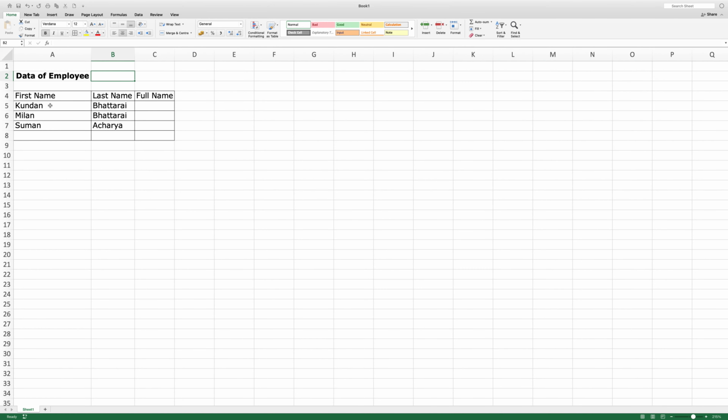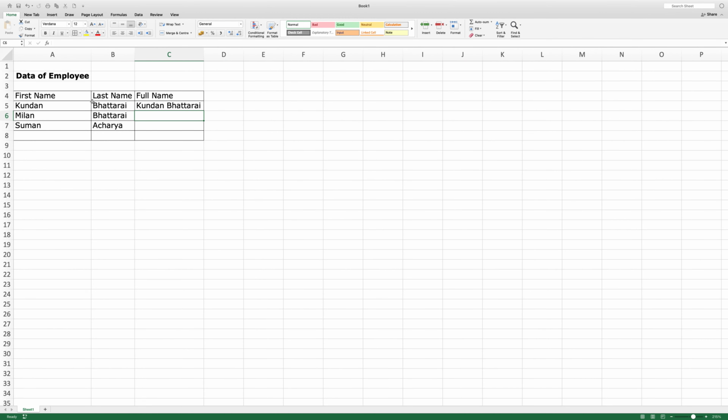Now suppose if I want to combine the data which is present in these two cells and want to keep it in this cell, then let us see how to do it. For that, I will click on this cell and I have to use a function. I will start with equals to sign, click on this cell, and then I have to use this symbol which is ampersand, and then I will open inverted comma, space, close inverted comma, and then again I will press the ampersand sign, and then I will click the other cell whose data I want to combine, and then enter.